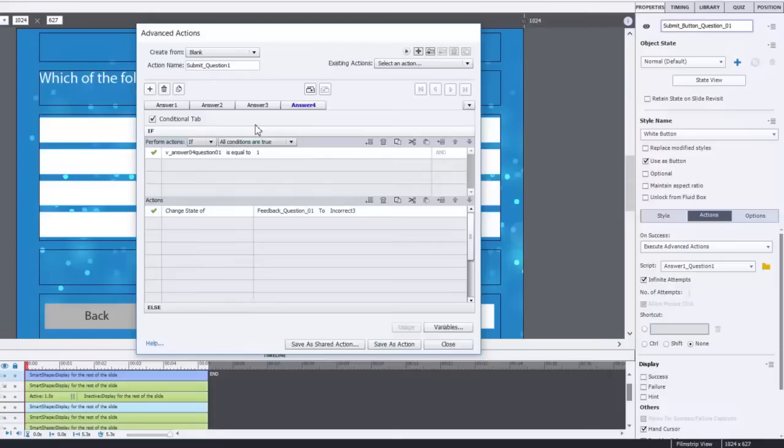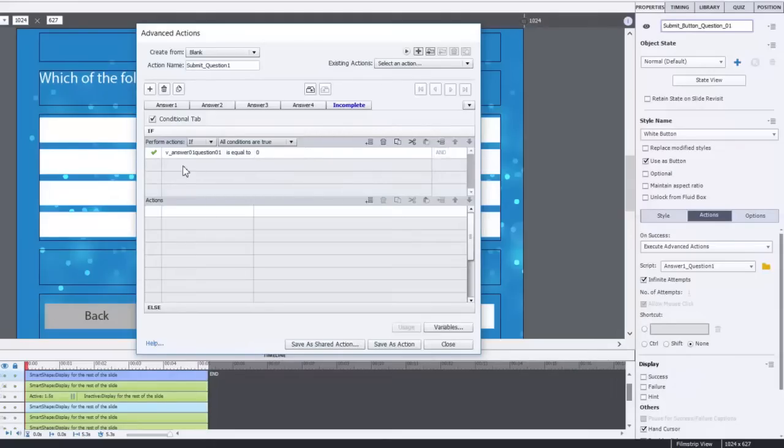What if the user doesn't put any answer in at all? Well, what we'll do is create a new decision in this case, and this one will be different. This will be called incomplete. So if the variable, and this time we're going to check the value of all of them, is equal to the literal value of 0